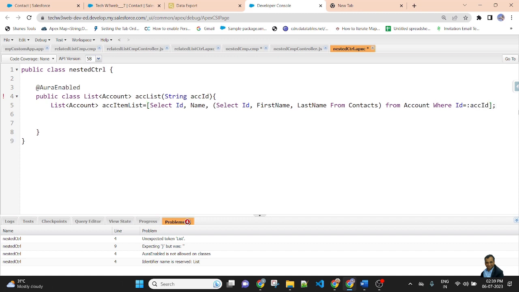After that, return this list accItemList, then save.